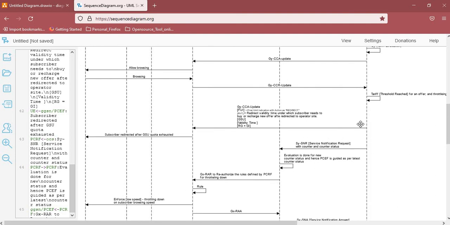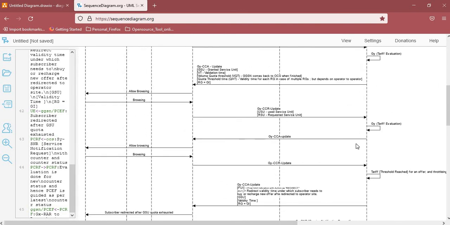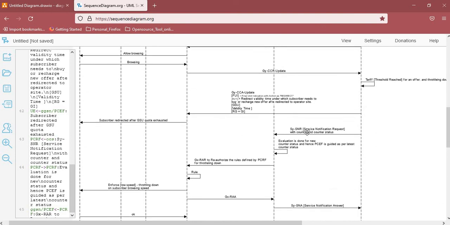Okay, and the moment quota gets exhausted, OCS immediately informs PCRF as well. You can see this is PCRF node. So OCS here is informing back to the PCRF also with the SNR, service notification request, that this is the updated counter and counter statuses, means the policy counter and the policy counter statuses. Okay, and then based on that, PCRF also evaluates which policy to be enforced, and PCRF will send the GXRAR towards